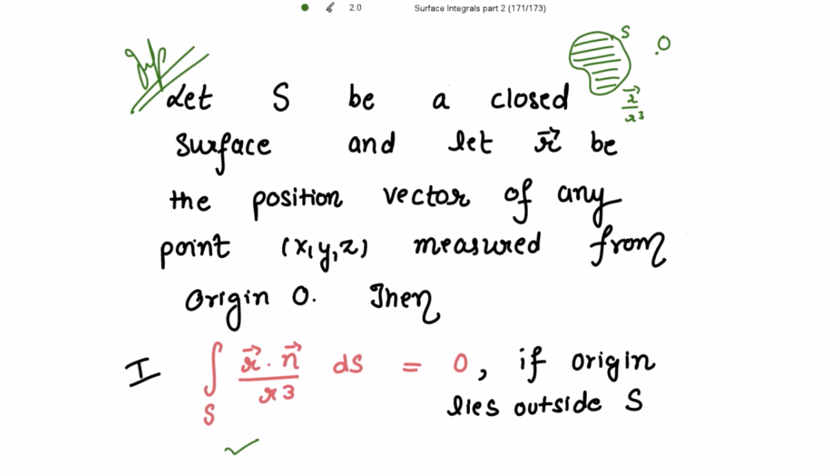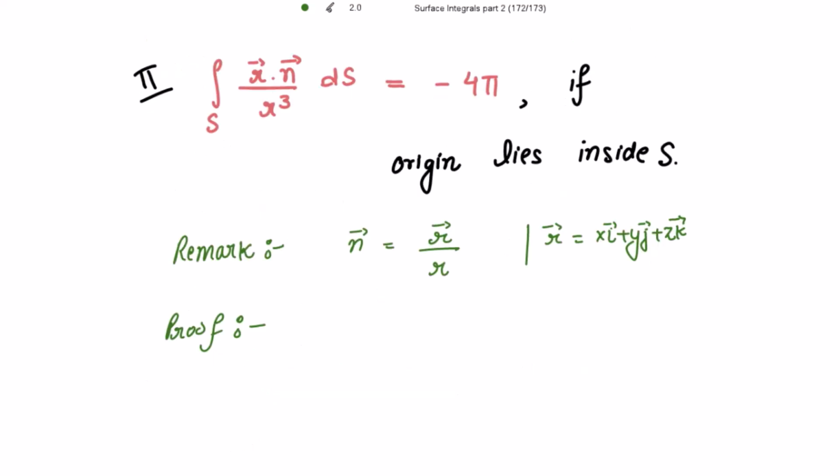And secondly, this surface integral is equal to minus 4 pi if the origin lies inside S. Now if the origin is lying inside S, then at this origin, R vector divided by R cube is not defined, right? So what we have to do is, we just need to enclose this origin O with a small sphere S1, let's say,